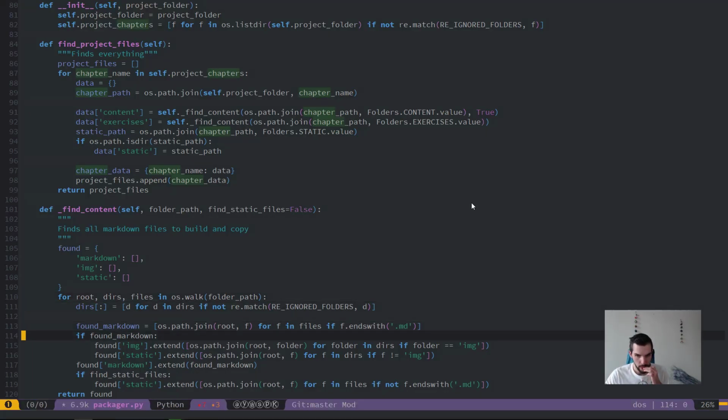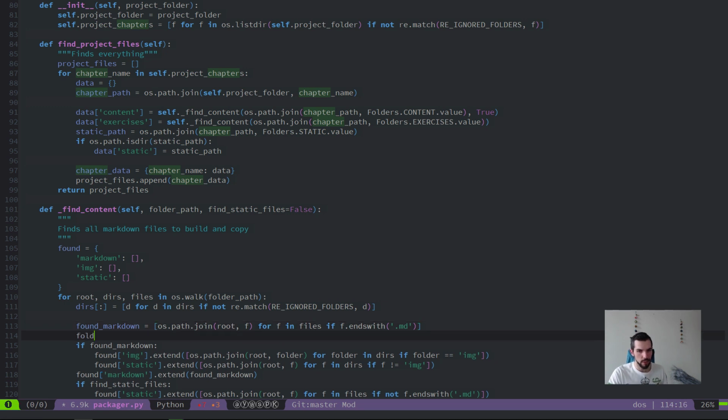Okay, folder rel path is equal to os.path.relpath of os.path.join, and we join the root with